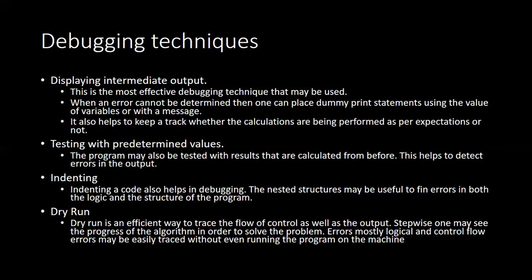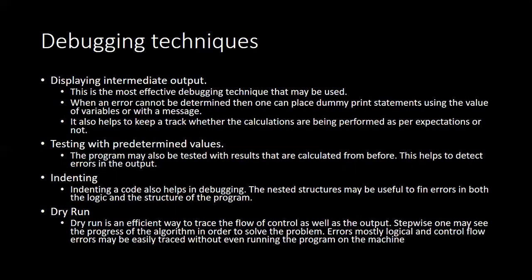Testing with predefined values. For example, an Armstrong number, an example is 153. You already know that 153 is an Armstrong number, but after development of a program for detecting Armstrong numbers, you type 153 and it shows that it is not an Armstrong number. So you see that the predetermined values are not being detected, and definitely there is an error. If you test each and every module with certain predefined values and remove any kind of errors, then you will not be facing errors in the future.